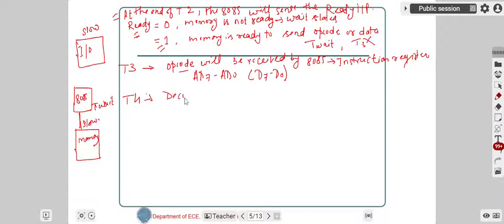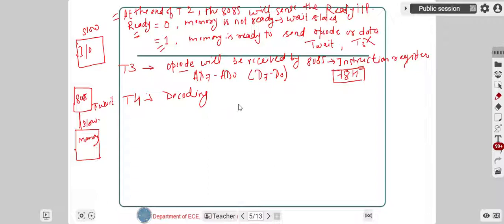Decoding is done during the T4 clock cycle, because up to T3, the CPU has only received the instruction opcode in its instruction register. So this 78H would be stored in the instruction register, because it is an 8-bit register. This 78H would now be decoded by the CPU. That decoding will be done in the T4 state, which is the last state of the opcode fetch cycle.